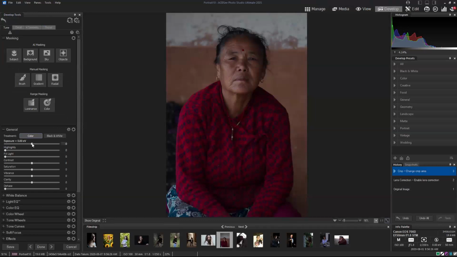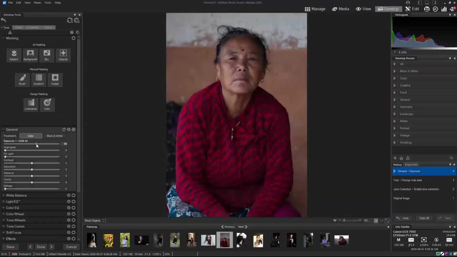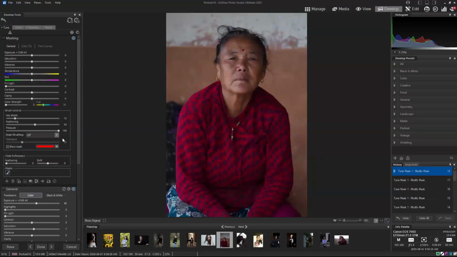So if I go to the general settings here, I'll immediately decide to increase the exposure a little bit and maybe some saturation. And now that's before and after. If I select my subject, okay, so maybe I'll reduce a little bit of contrast. I'll add some saturation and vibrance